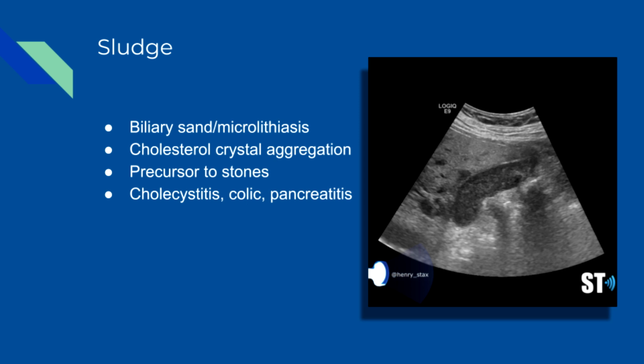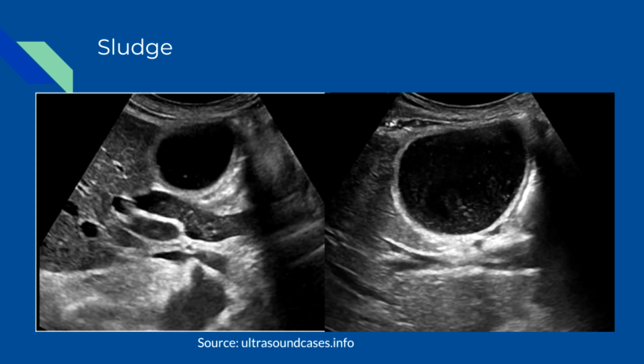In fact, you see it quite frequently in ICU patients that are receiving TPN. Some medicines may predispose to sludge, like Rocephin. It is considered a precursor to stone development. In one study, 5 to 15% of patients with sludge went on to develop gallstones. On ultrasound, you'll see low-level echoes to echogenic debris that layers in the dependent part of the gallbladder and is